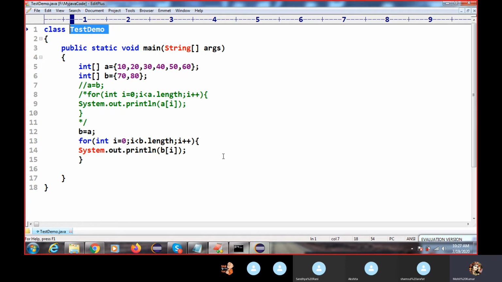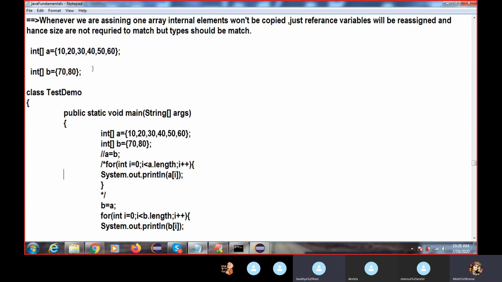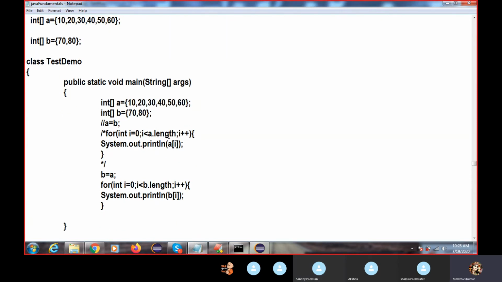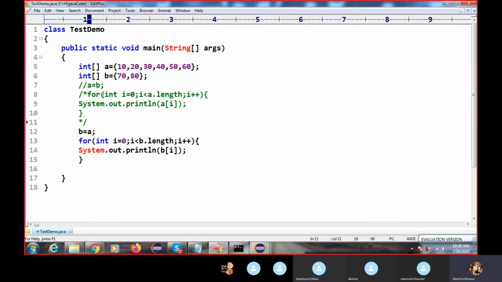If you touch all the topics properly, you will not get stuck anywhere because you know the concept, right? And after debugging the code, you can understand all the flow of this code. Got it? So here we have two arrays, a and b. We are assigning the value from a to b, and I'm trying to execute that. So you can learn here how to assign this value, right?